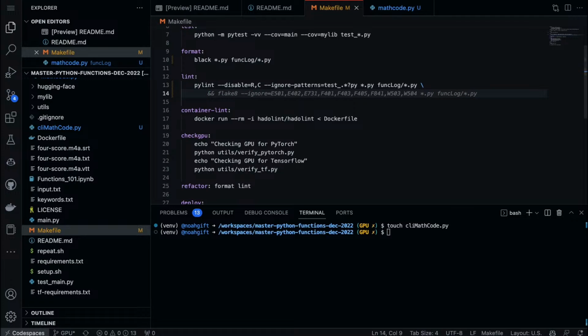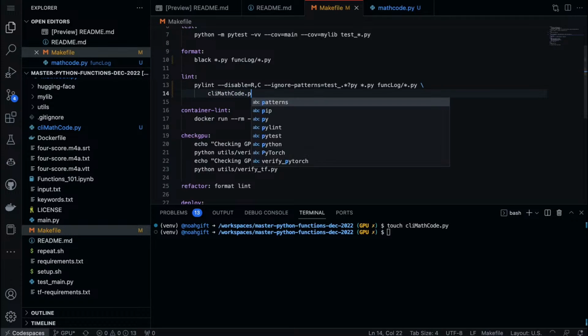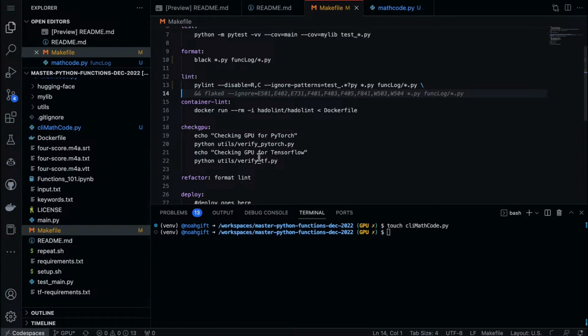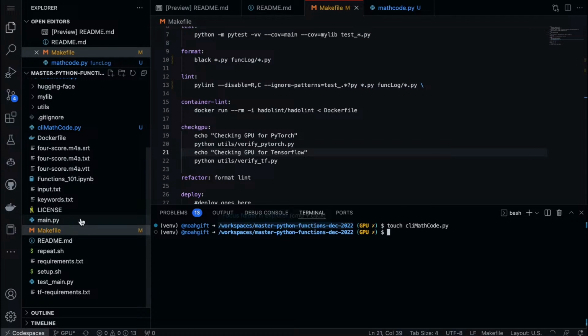I'm going to say CLI math code.py. There we go. Although I believe it's already going to cover that, so I don't need to do that. Never mind. And then additionally, for formatting, it's going to cover everything in the current working directory. So we're all set. That's always good to check.